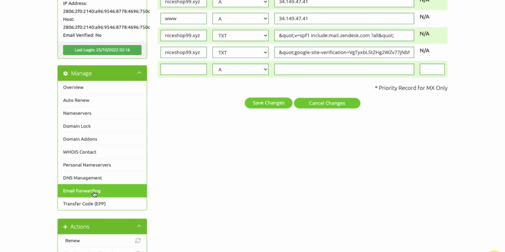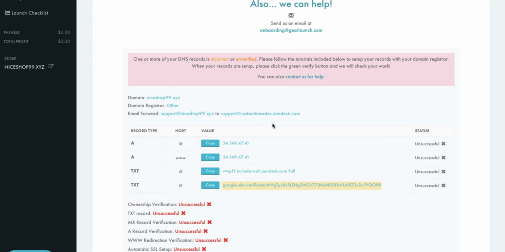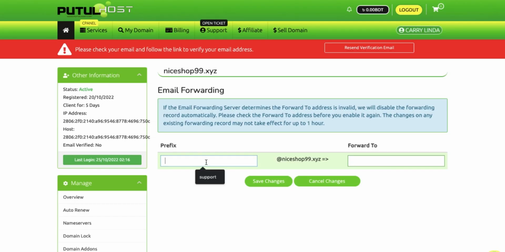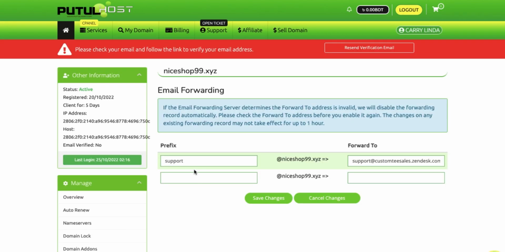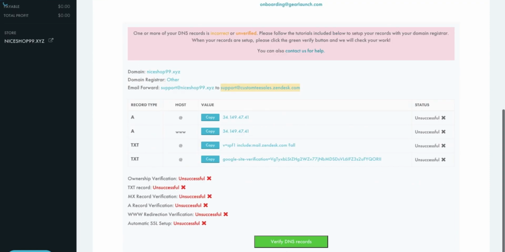For the DNS records, you should click on DNS Management and add the indicated records from the GearLaunch website. For the email forwarding, you should scroll down until you see the email forwarding option on the left side of the site. To set up email forwarding, forward support@yourdomain.com to support@customtsales.endsk.com. Once you have updated your DNS records on your domain registrar, go back to your GearLaunch dashboard and click